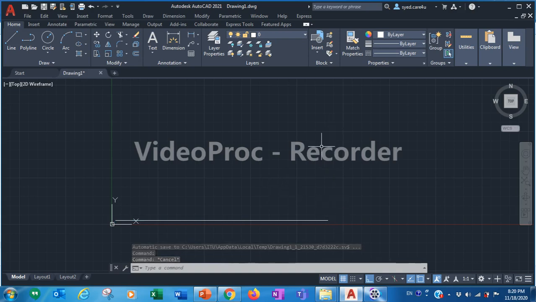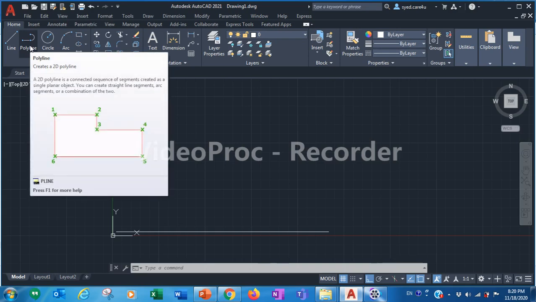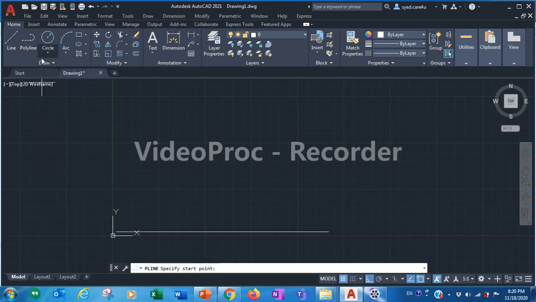Now I need to draw 3 more lines, one like this and like this. So now let's draw those 3 lines using the polyline command. Click here, polyline, and come back here.